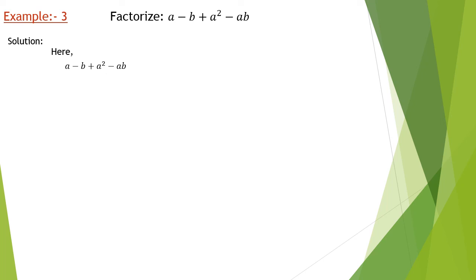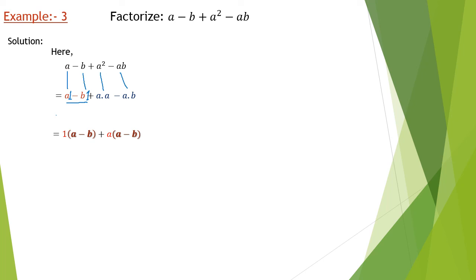This a can be factorized as a dot 1. We haven't written it, but we can write a dot 1 here, a dot 1 and b dot 1. Now this a can be written as a dot 1, b can be written as b dot 1, and a squared, a dot a, and minus sign, a dot b. Now from the first two, what is common? If nothing is common, then we can conclude that 1 is common. So 1 is common from the first two, and a minus b,